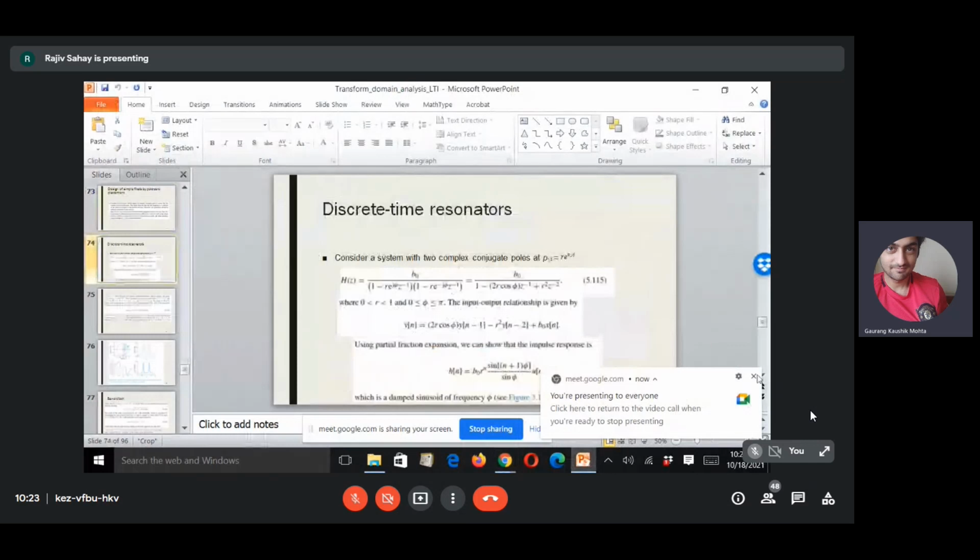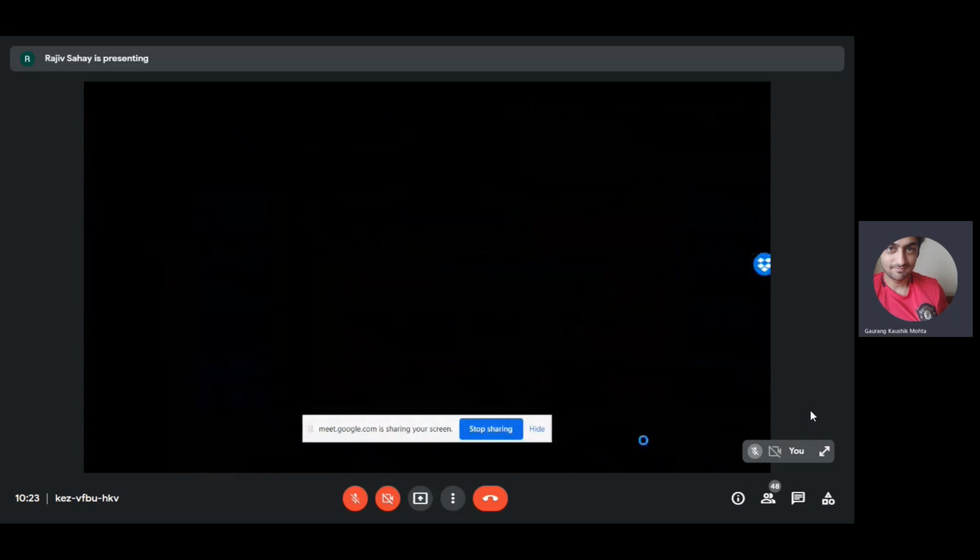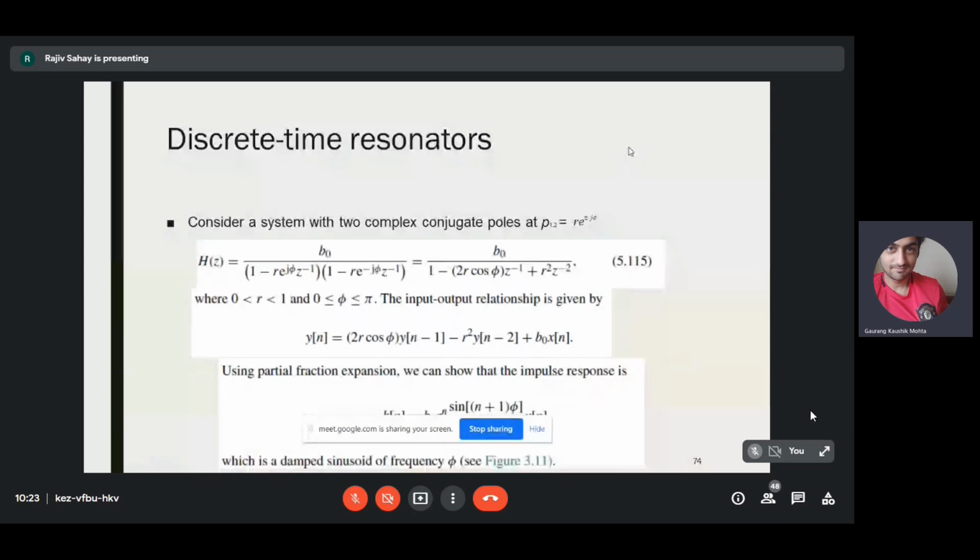So let us start with the first example. This is a discrete time resonator. All of you have studied RLC circuits and you have come across a resonator. In your ET lab, you might have seen a resonator in an RLC series circuit. You have done an experiment in the ET lab, where you calculated a factor called the quality factor or Q factor, and you have calculated the bandwidth of a resonator. Those things you have done for an analog filter designed with passive elements like R, L, and C.